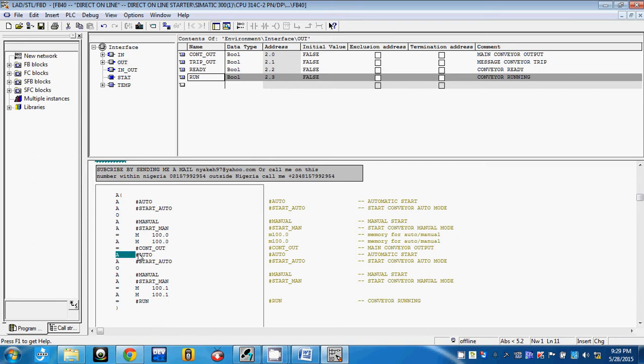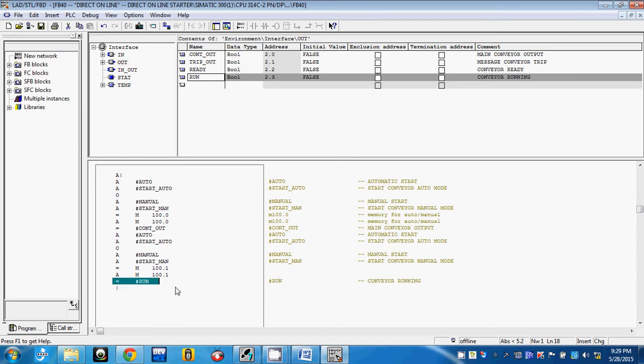When my auto is logic 1, I start on auto logic 1, or manual logic 1, manual start logic 1, I'm going to set this memory marker, and anytime this memory marker is on, it's going to tell me that I am running. So when we start, if my contact out is logic 1, definitely my run will be logic 1. Now the conditions that we're going to stop